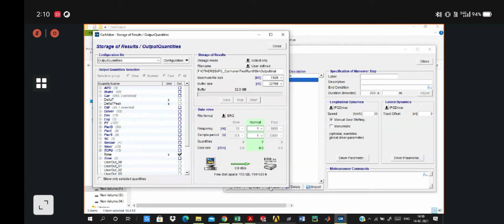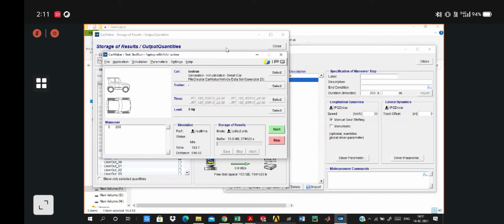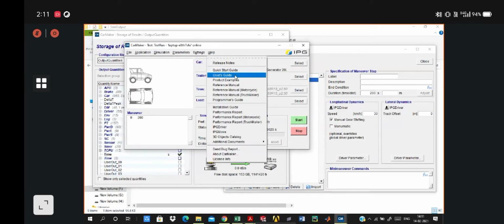Or you can go to the main GUI tab of your IPG CarMaker, and under the help section, you can find all the guides or manuals. Just select the user's guide or reference manual to have a detailed explanation of all of the parameters and steps which we are explaining here in the session.